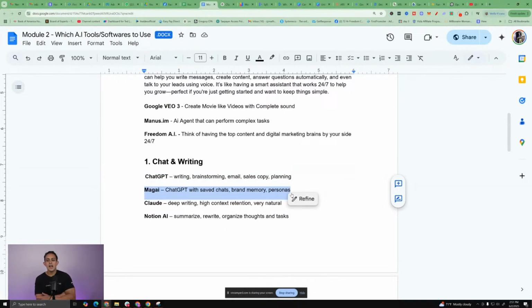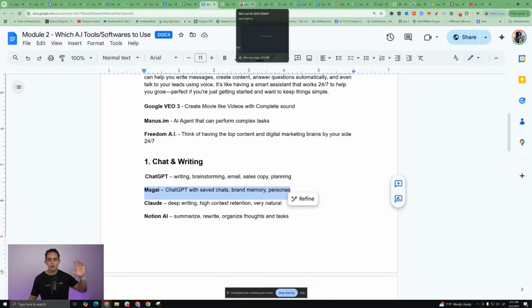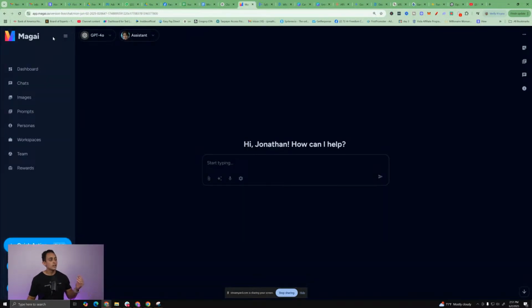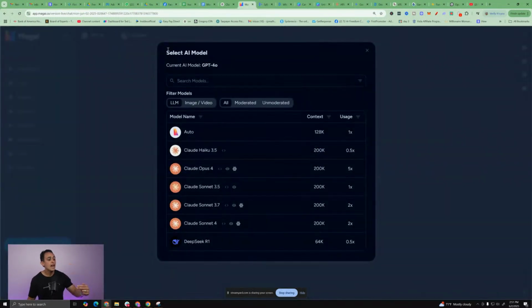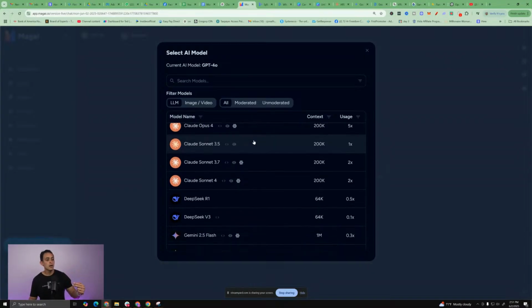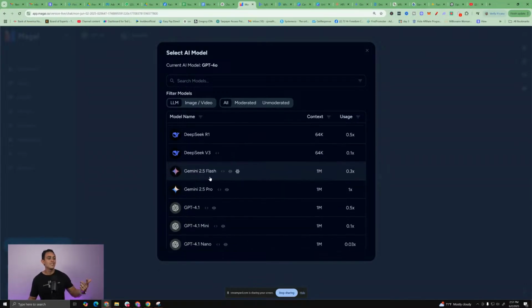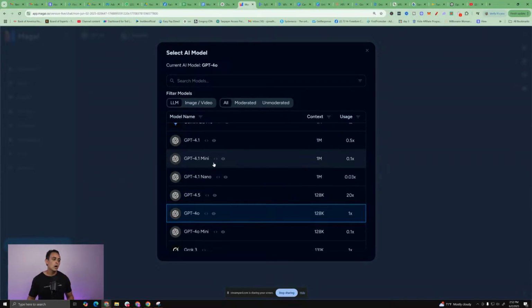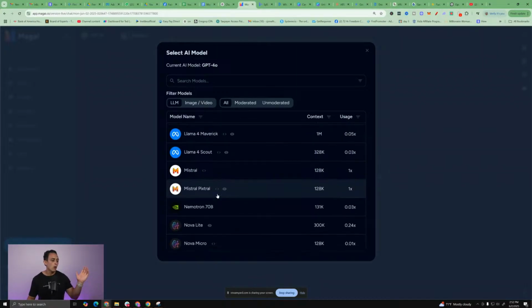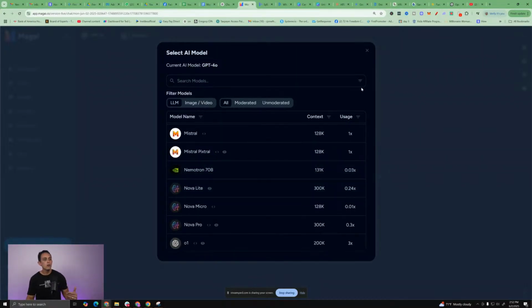So Magi, think of it as having all the AI tools all in one spot. If you don't want to spend that much money on AI tools, this is actually a really cool tool, because as you can see, I now have all the tools basically all in one spot. For example, it has Claude, which we'll talk about in just a little bit, it has DeepSeek, Gemini, we'll talk about that one later as well, ChatGPT, Llama, right? All these tools that you might have heard of, it's all in one spot now.